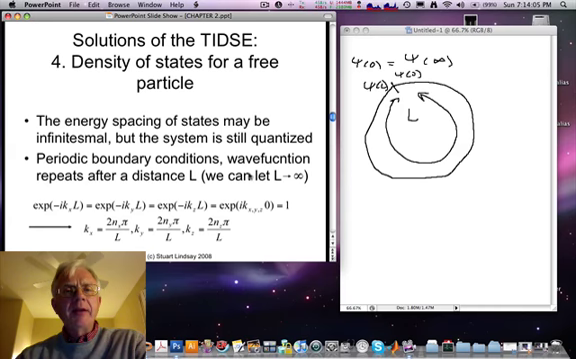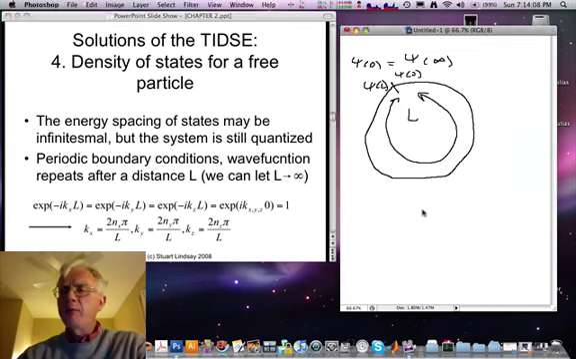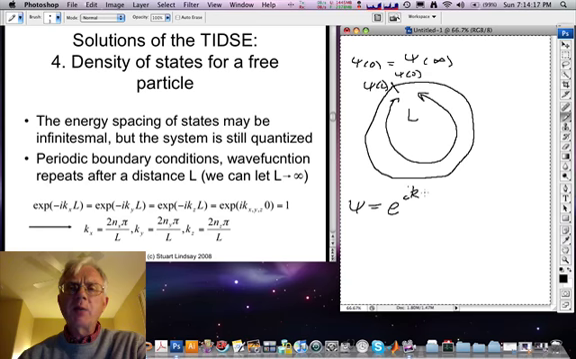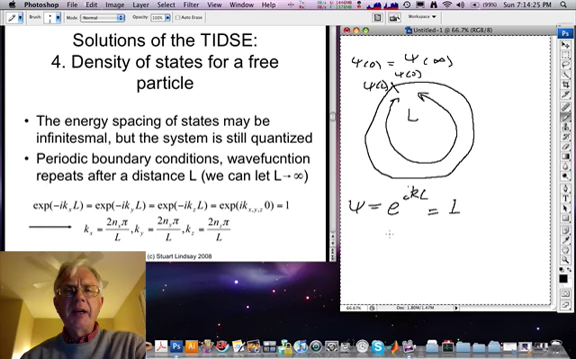So the requirement then that the wave function for a free particle at x equal L be equal to the wave function at x equals 0 is this. And this is satisfied because e to the ikx is cos kx plus i sin kx, which is satisfied with the following constraint on the wave number. Similarly, in the y and z directions,